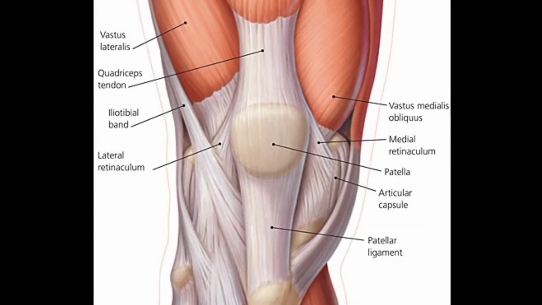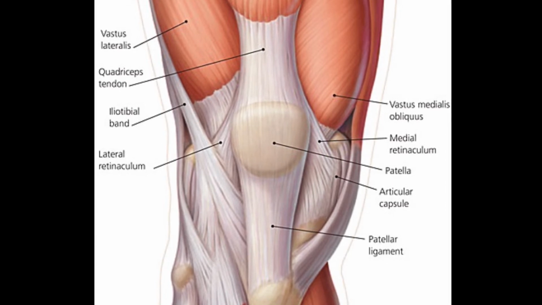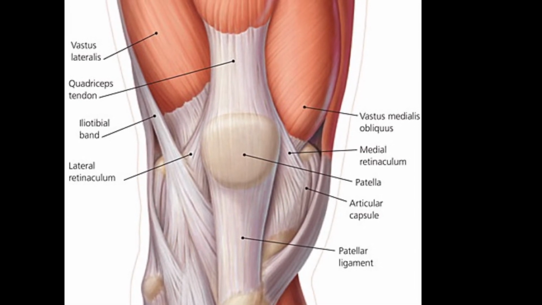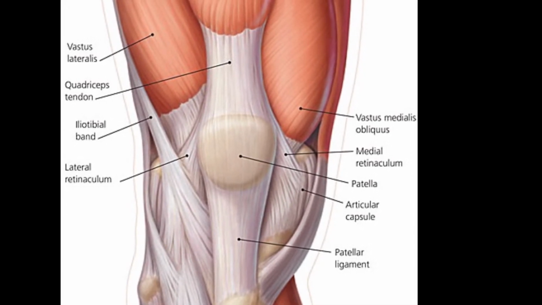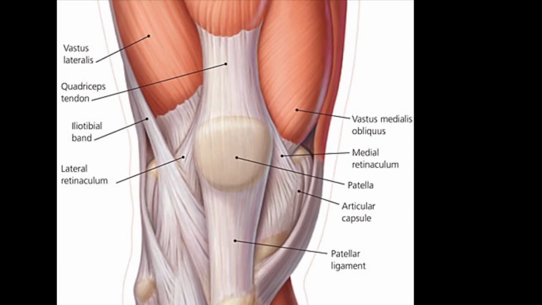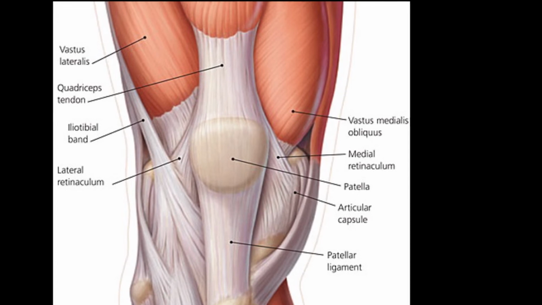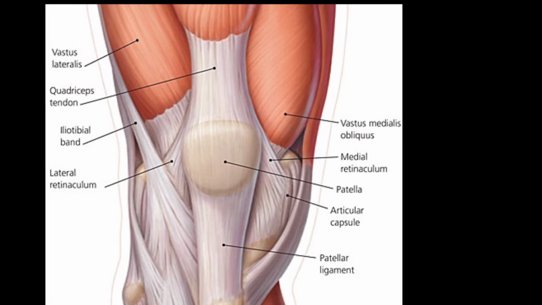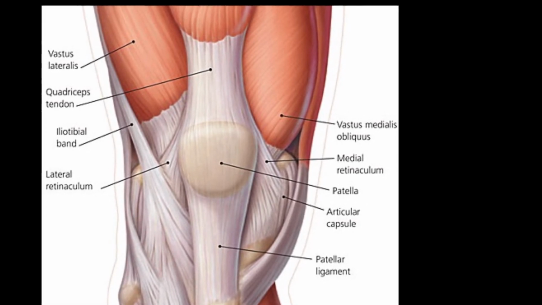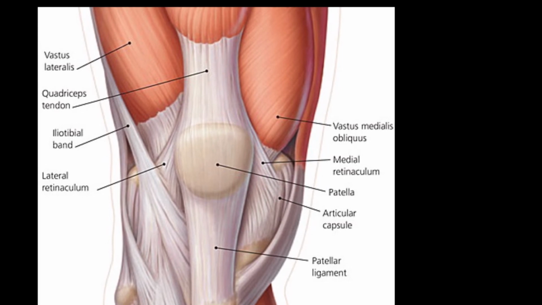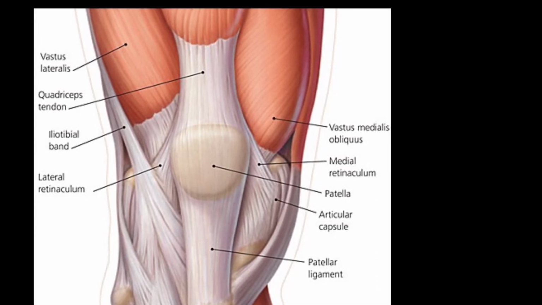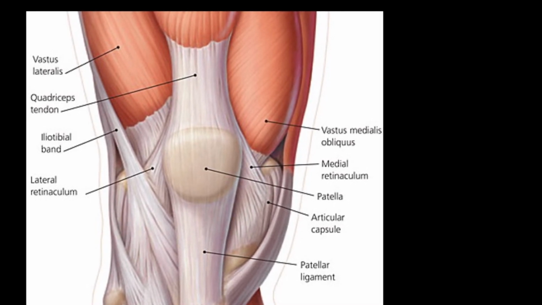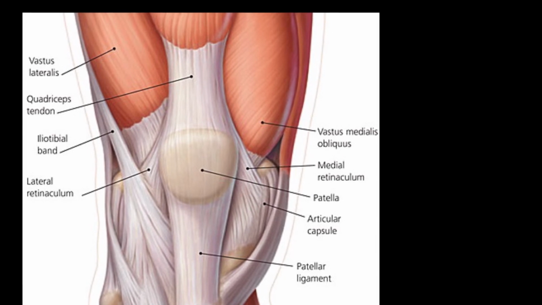The second factor is the muscular factor. The insertion of the vastus medialis muscle, from here on the medial border of the patella, extends lower than the vastus lateralis on the lateral border. Vastus medialis is first to degenerate and last to recover in disease of the knee joint. Then the fascial factor: medial and lateral patellar retinacula are extensions of the vastus medialis and vastus lateralis. These strengthen the capsule. These three are the components of the extensor apparatus of the knee joint.